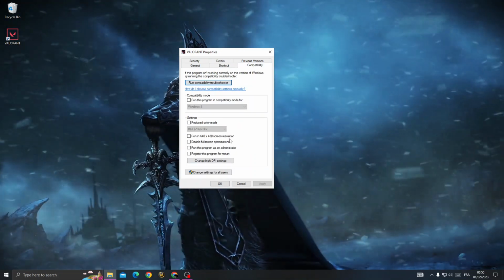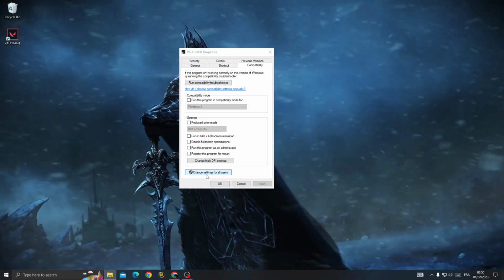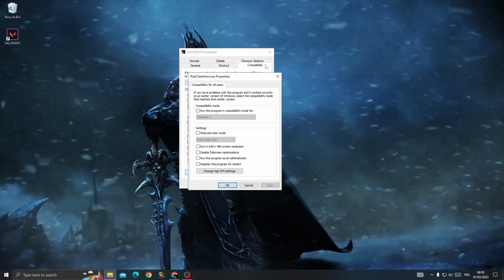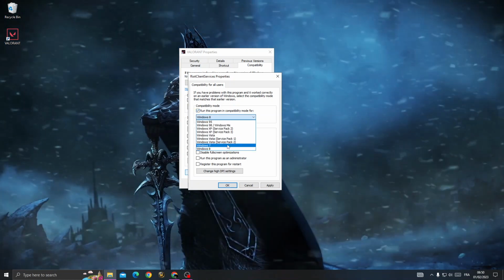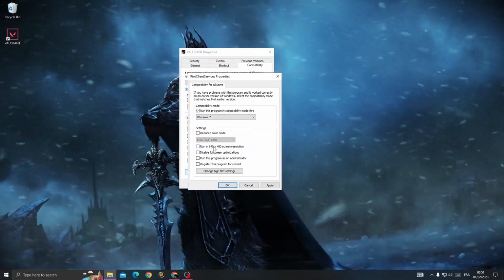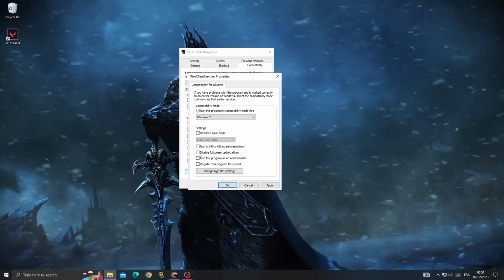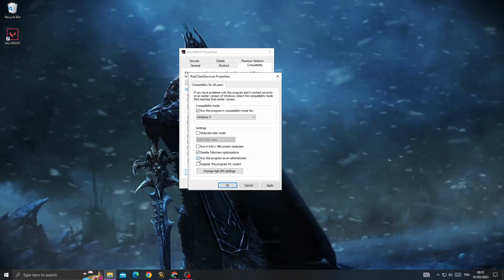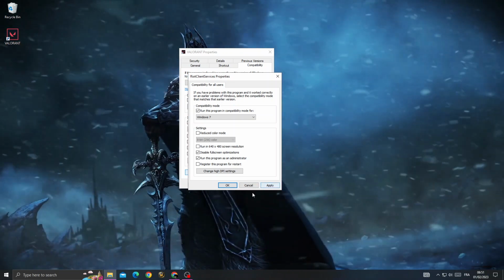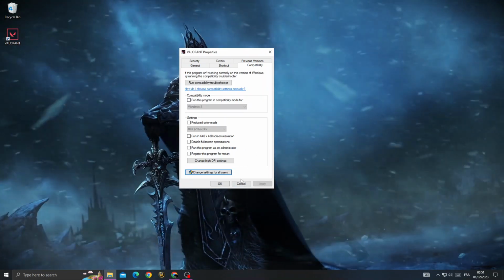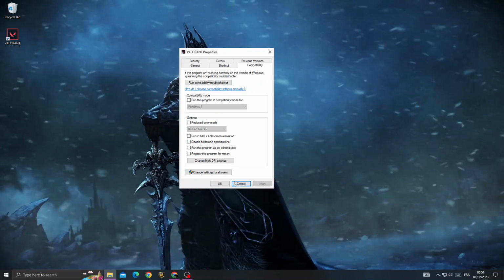And now once you're here, click change settings for all users and then click run this program in compatibility mode for Windows 7. And now enable those two options, and that's it. Now just click apply and then click OK, and that's it. Now OK again,